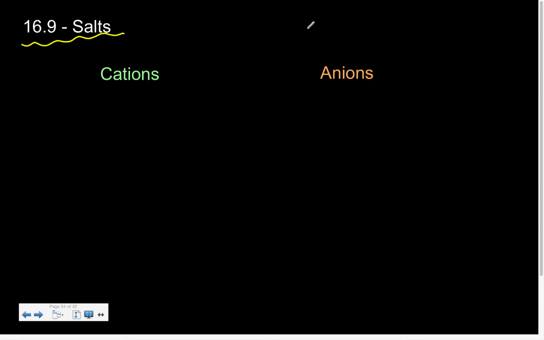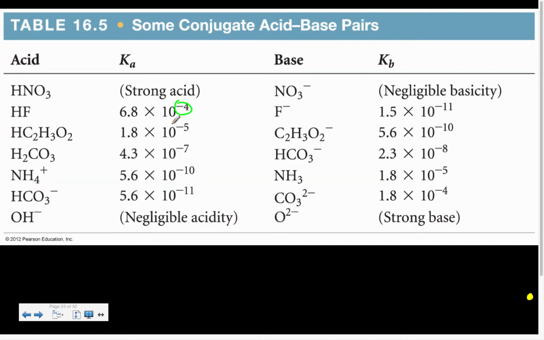We talked about how an acid plus water can dissociate or equilibrate to form H3O+ and A-. We talked about how bases will react with water via hydrolysis to form a protonated base plus hydroxide ion. All that's clear? All right. So then it turns out, like we've been talking about over the course of this chapter,